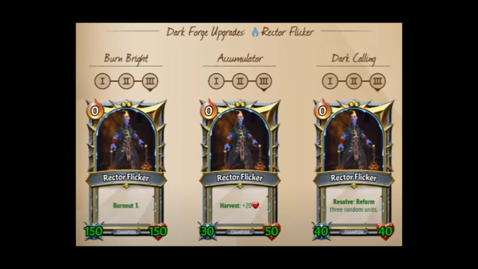Anyway, Dark Calling. It used to reform just 1 unit at rank 1 and not give any benefit to the attack. So it was obviously just significantly worse as a rank 1. It's a very powerful rank 1 in its current form, but we'll get to that in a bit. And then rank 2, it just reformed 2 units. Rank 3, it reformed 3 units. So at only the 3rd rank could you ever see a tangible benefit of the original Dark Calling versus the